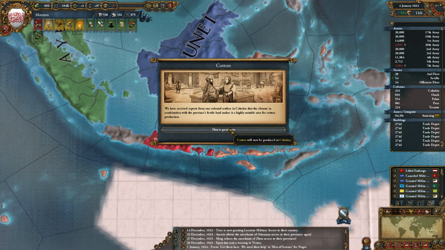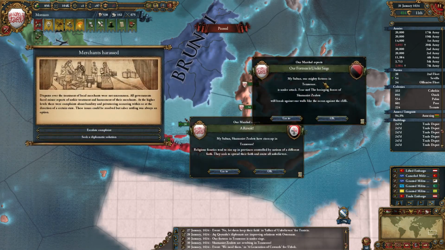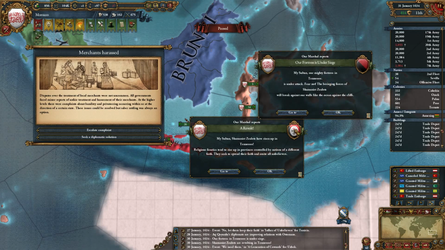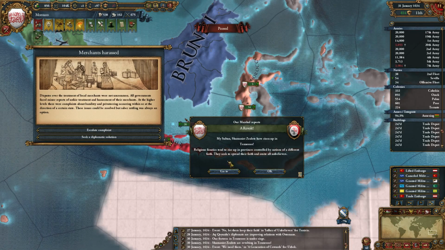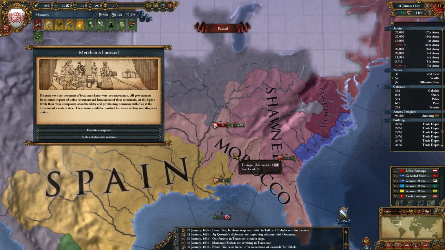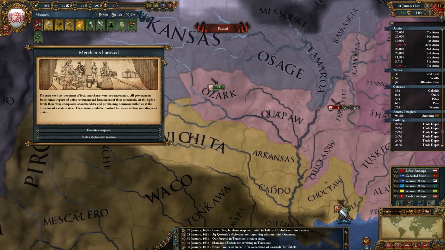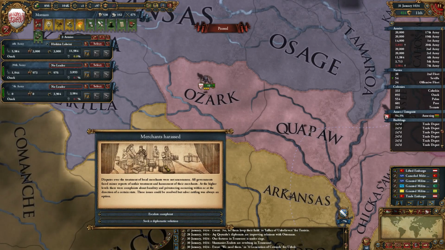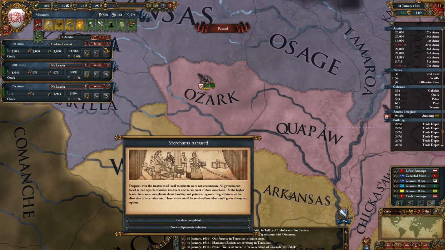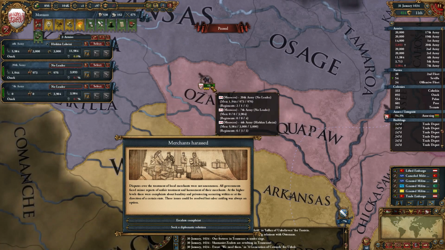Cotton in Cahokia. Merchants of Rest. Tennessee Revolt. What's that? Oh, Seamus, that is. It's because I've got my missionaries going on there. I think there's supposed to be a new religion for the Native Americans in the new expansion. I'm not sure. Oh, I think it's totemism or something like that. Right, they can...